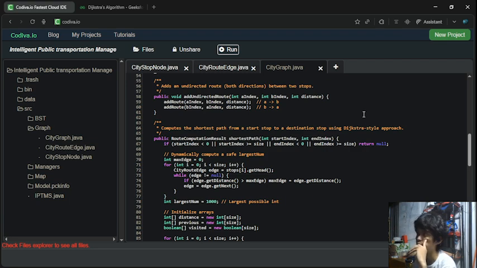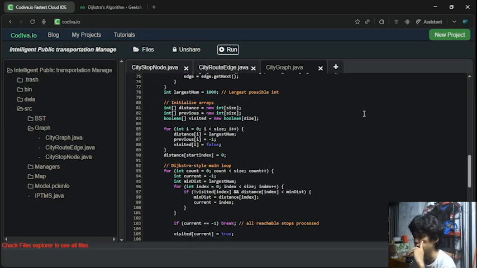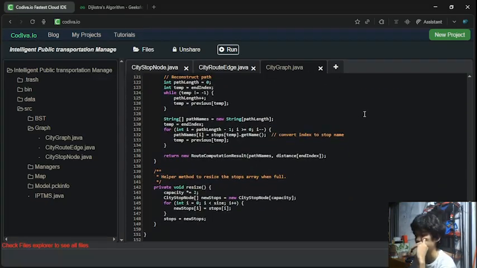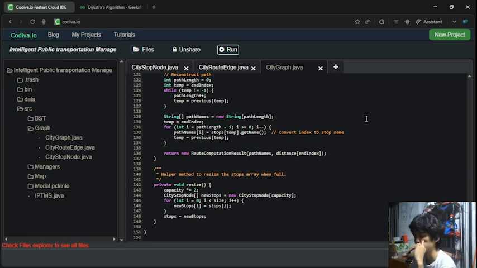The best example is to use it in Waze apps. What is the shortest path to go with? Is this path available? Is this path the shortest? So the Dijkstra style approach is the best to have as an algorithm. So lastly, we have the resize.